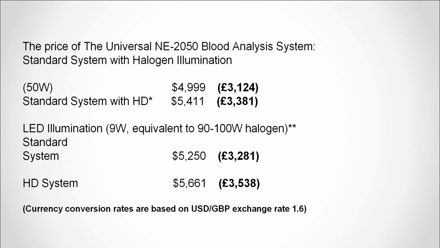So we have the normal standard system with the HD, high definition video setup. That would be 5411 US dollars. And then the other two systems there are just the LED system. So we have a standard video setup that has LED illumination for 5250, and then an LED system with a high definition video system, and that's the premium system in the range,